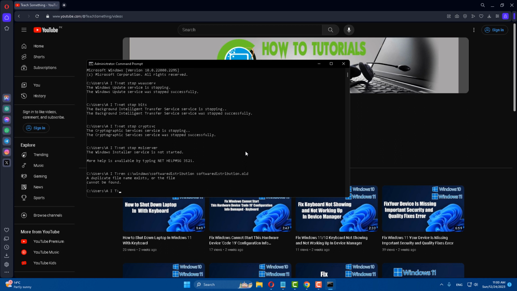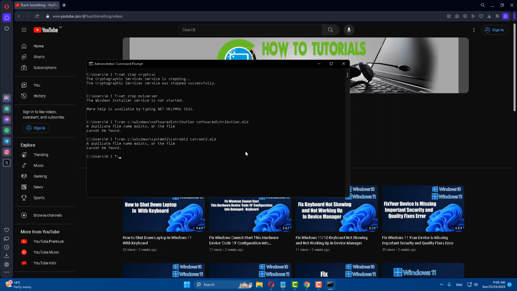After that, type the command ren C colon backslash Windows backslash System32 backslash catroot2 space catroot2 dot old and press enter. After doing this, type the command net space start space